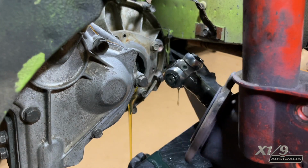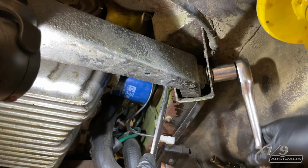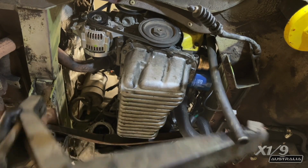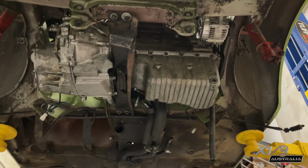Now shaft out of the gearbox. Now removing the rear arms, as these were for a 4-speed. The one I'm using is a 5-speed, so I'll have to change them over. But next time, I press a button